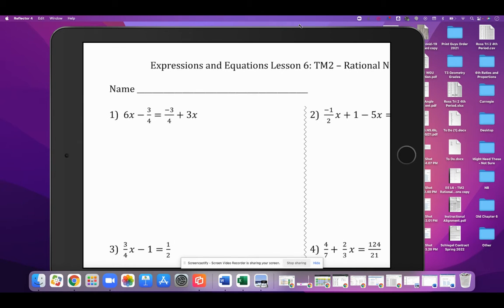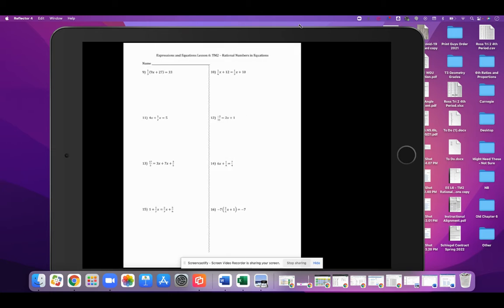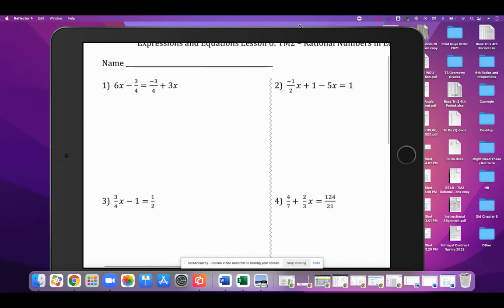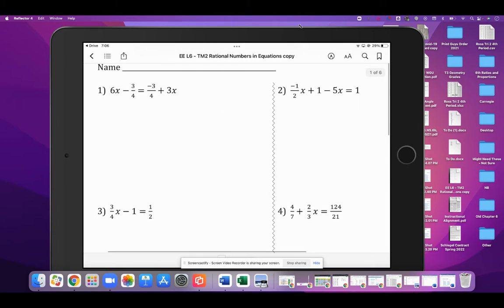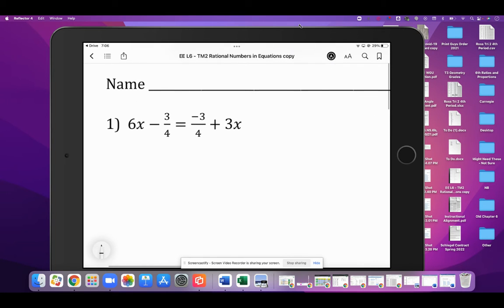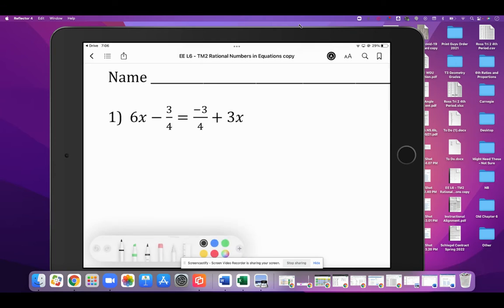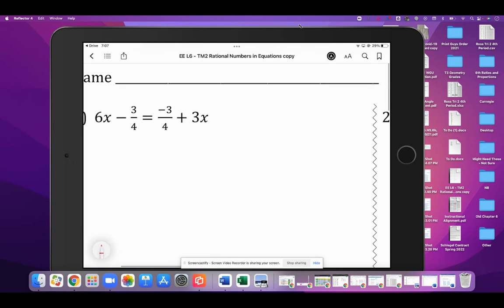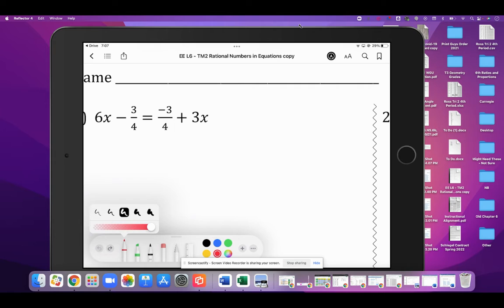Now, I do need to let you know that what we're going to discuss today only works with equations. And I do want to discuss the reason that it works. So before we get into actually solving number 1 here, I do want to talk through an important idea. Let's actually take a look at a simpler equation. Let's say that I had an equation that was like, let me get a thinner pen here,